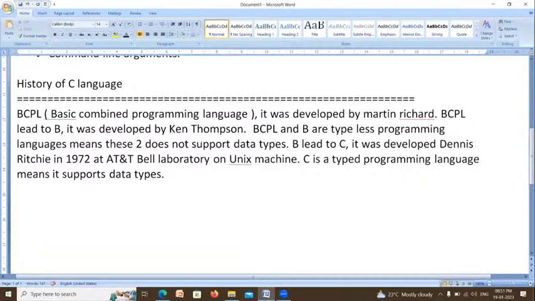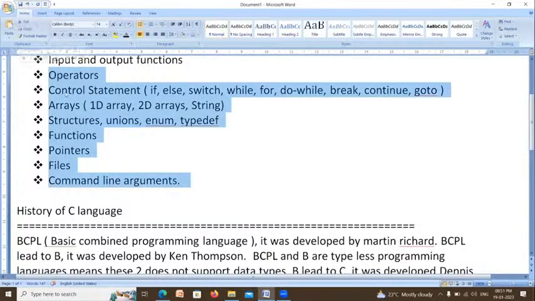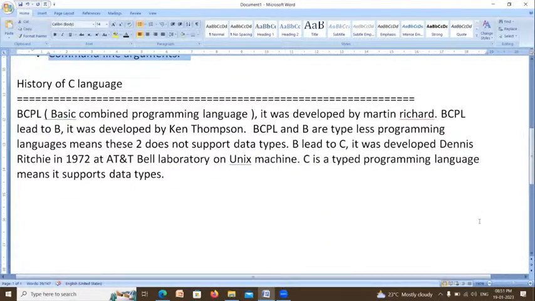Yes, sir. Thank you. And what about the above points? I think I can see some points above. No, above it is also the syllabus. That's the syllabus. Okay. Yeah, thank you. You need to write from here only. Okay, thank you.